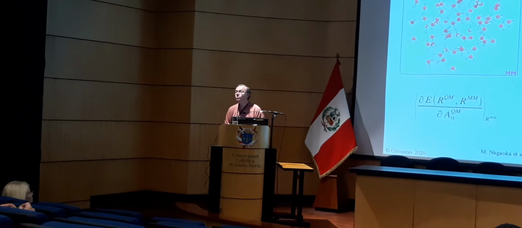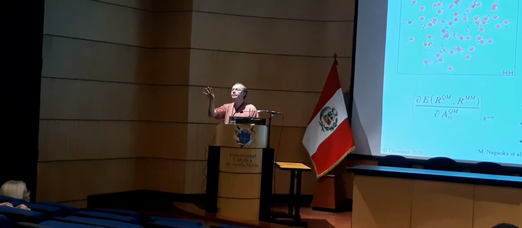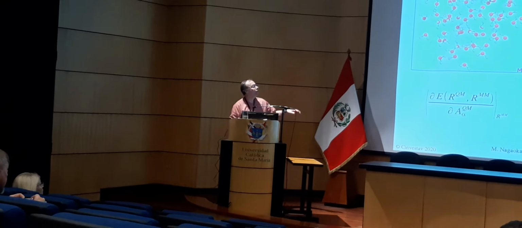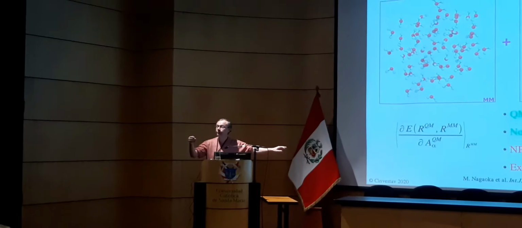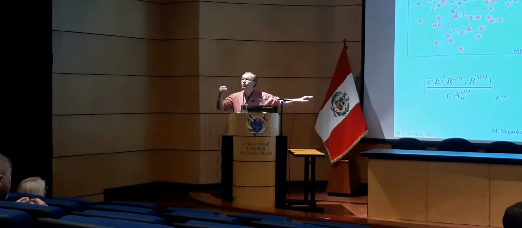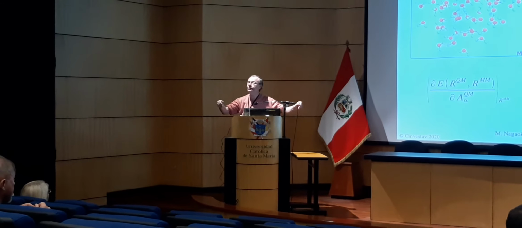So you don't have that in this model, right? Once you have the gradient, you do an optimization step, and then you optimize the solute. No, you make one optimization step for the solute, and then again you make the sampling and you optimize the